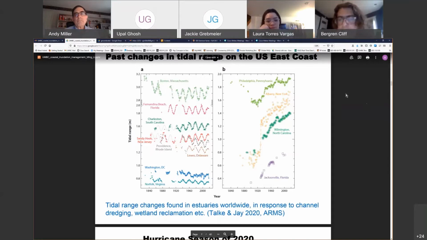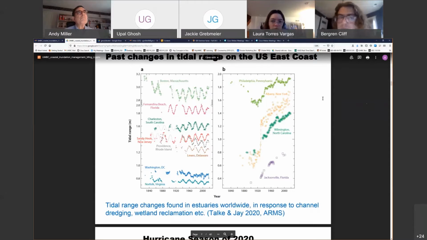So if sea level rise increases the water depth, it's going to change the tidal range. If navigation channel deepening or dredging makes the water deeper in that navigation channel, it could change the tidal amplitude. Here is a diagram that looks at the tidal range on the east,